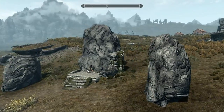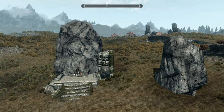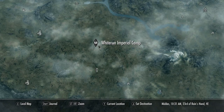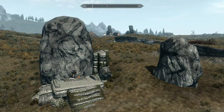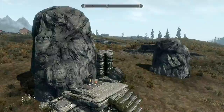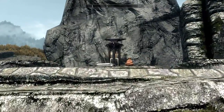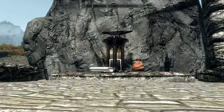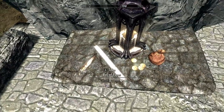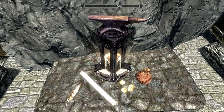For the next curiosity, we have the Shrine of Zenithar amongst the Ring of Boulders, which can be found to the west of Swindler's Den. And here we will find what can only be assumed to be an ancient fortress, with the Shrine of Zenithar at the top of the stairs amongst a ring of boulders. I don't know who else but the giants would be placing these shrines here, although at a close inspection of the shrine we can find a quill, a roll of paper, 4 coins and a coin purse,